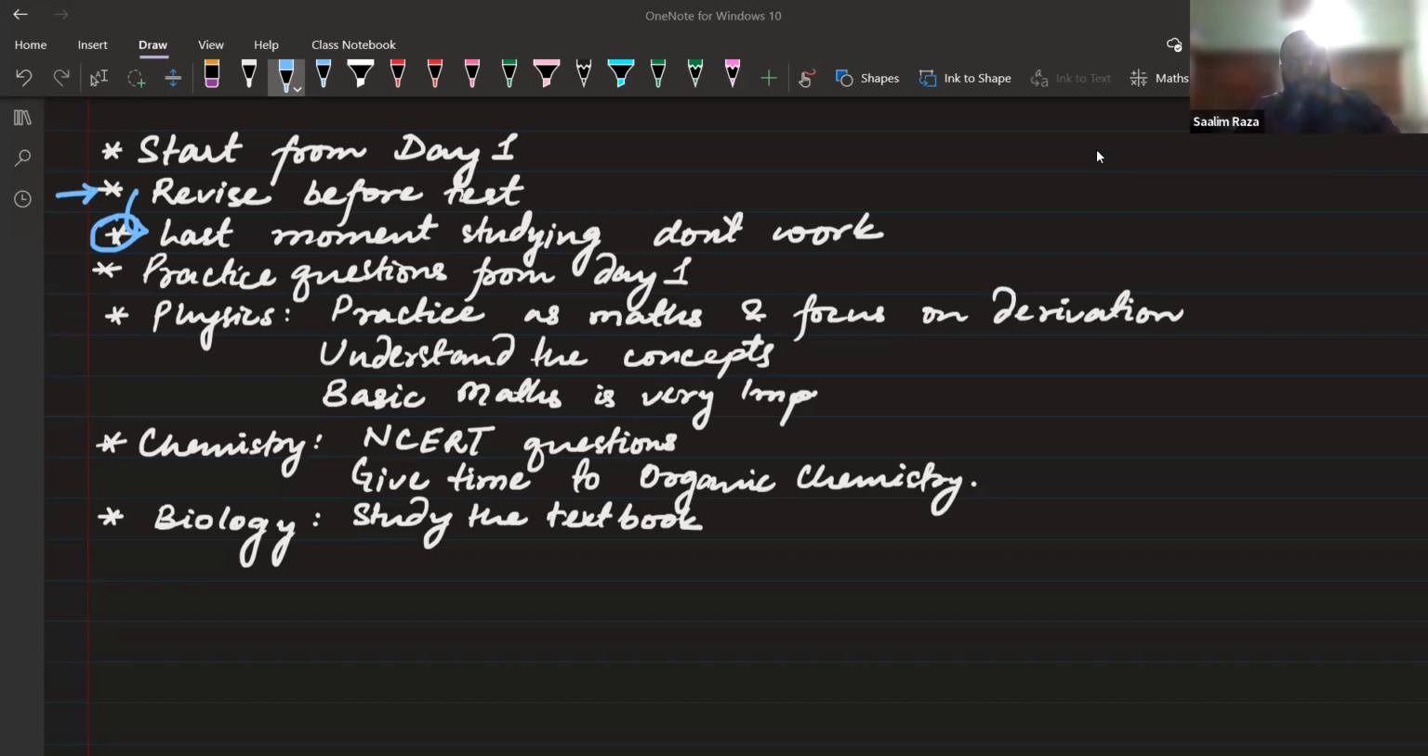Now, chemistry is going to be divided into 3 sections. By the way, let me just complete this first of all. So for chemistry, you have to do the NCERT questions completely, and you have to give time to organic chemistry. That is the last 2 chapters. The last 2 chapters generally